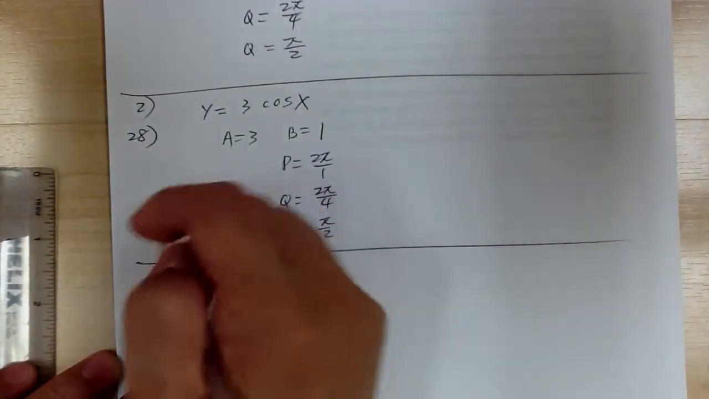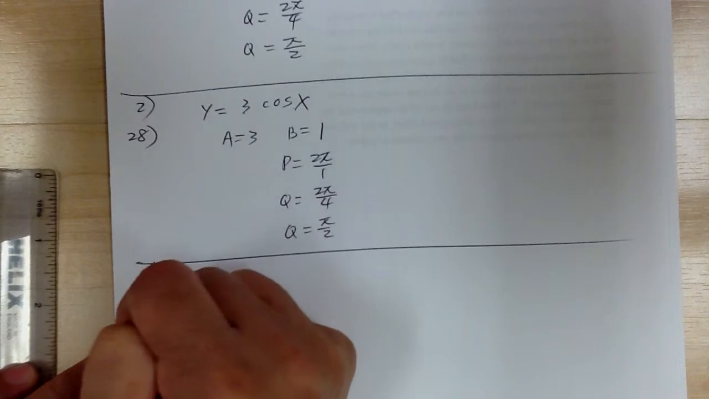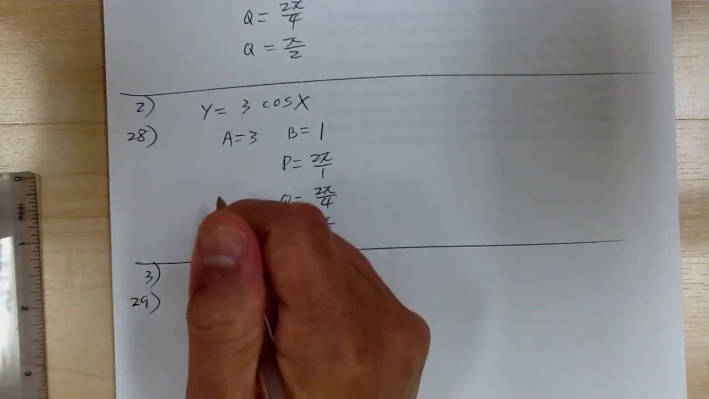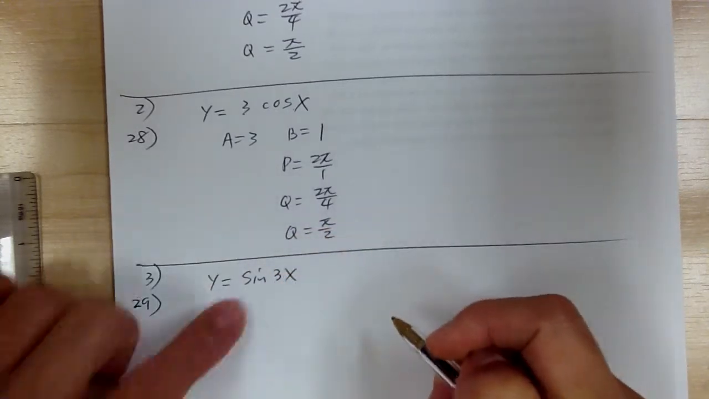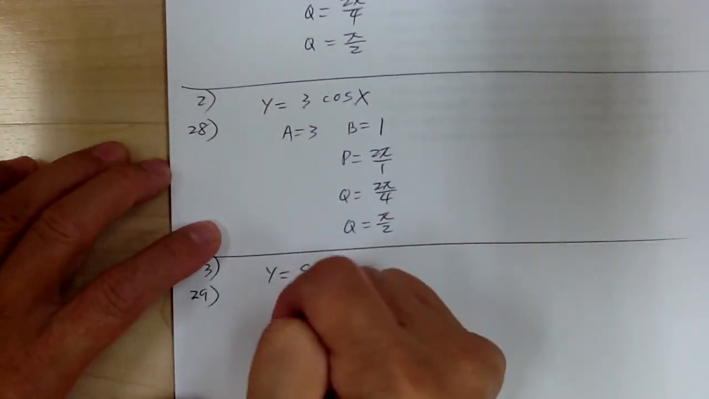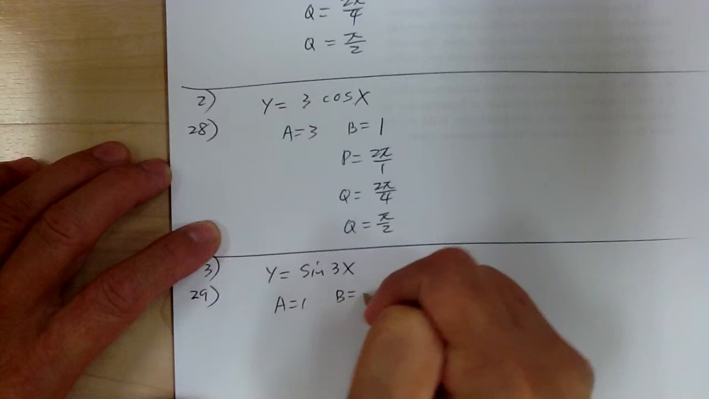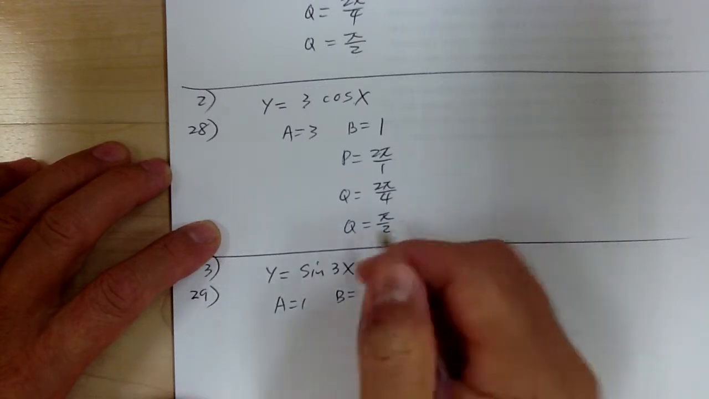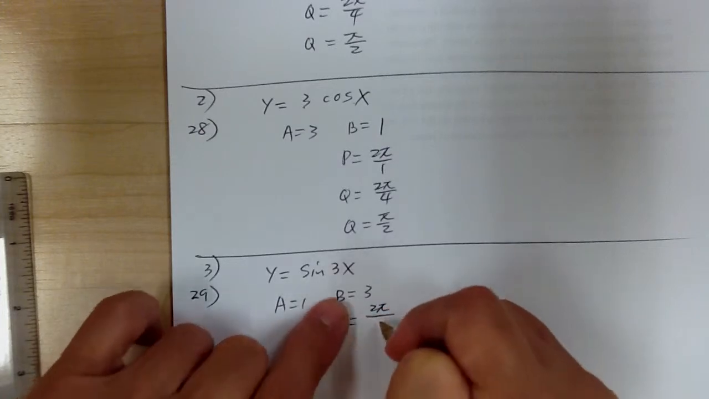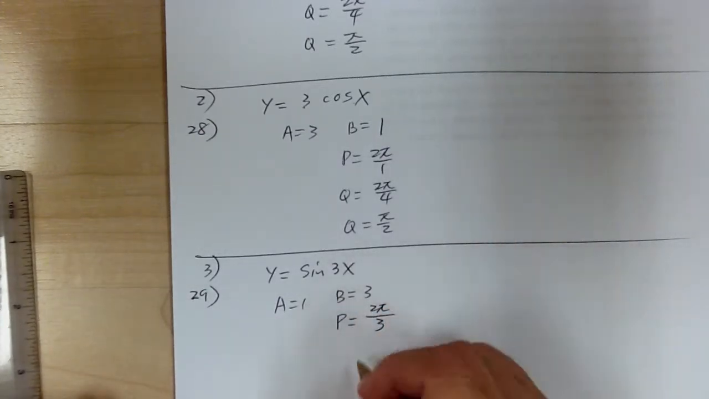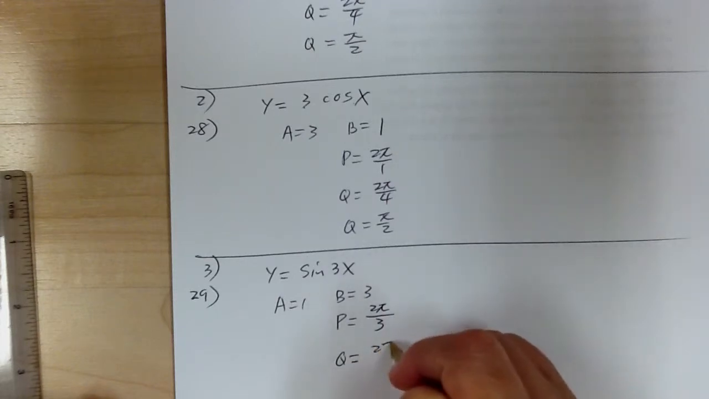Okay, let's go to number 3 and 29. So number 3, you have y equal to sine of 3x. So again, it's very similar to that. So a equal to 1, b equal to 3. So the period is equal to 2 pi over b. And quarter wave is 1/4 of that. So if you times it by 1/4,